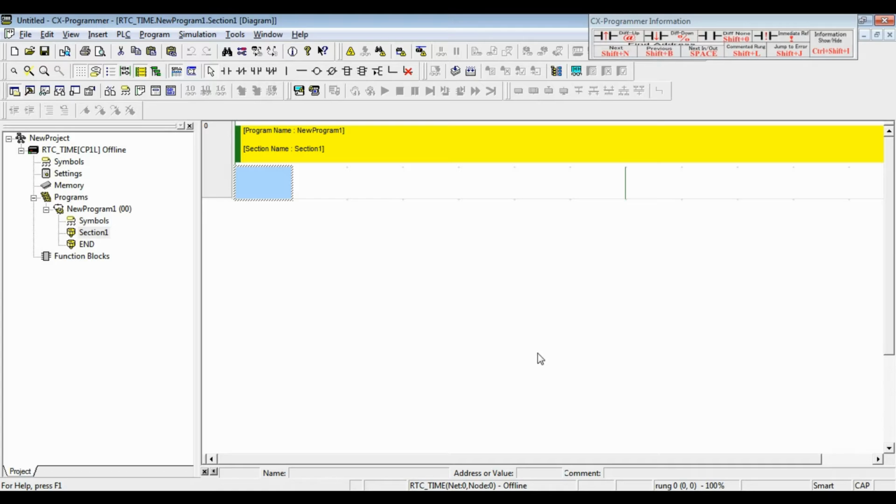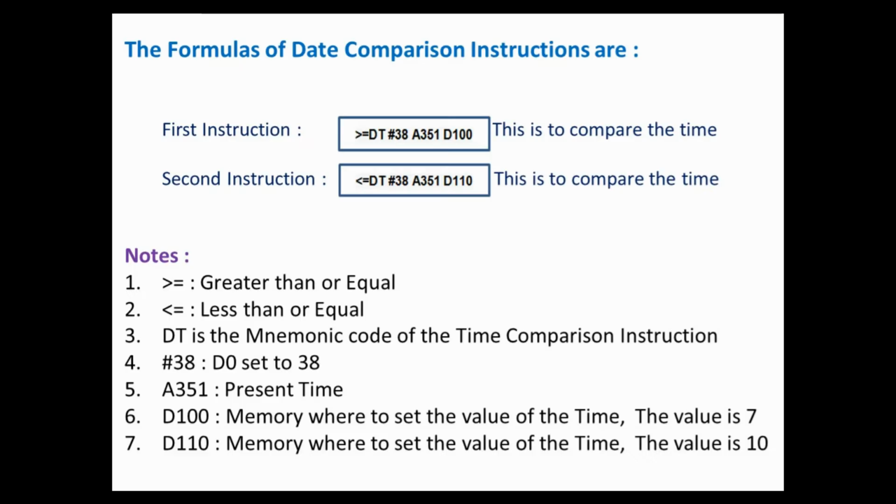Now I'm going to show you the formulas that I will use to make the program. The formulas of the comparison instructions are: first instruction, greater than equal, DT, #38, A351, D100.